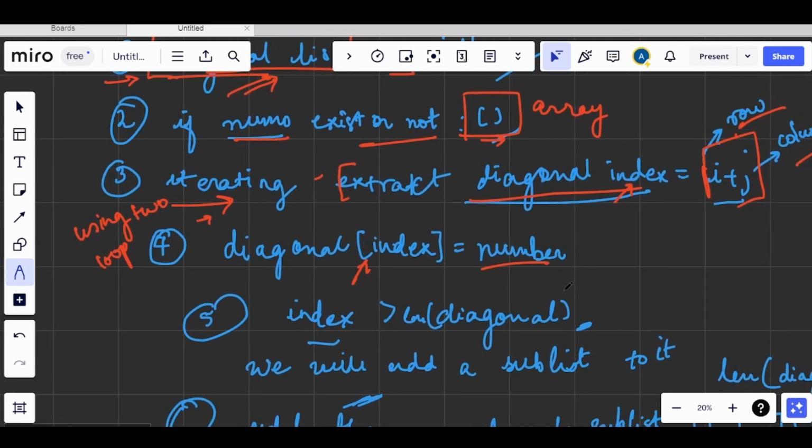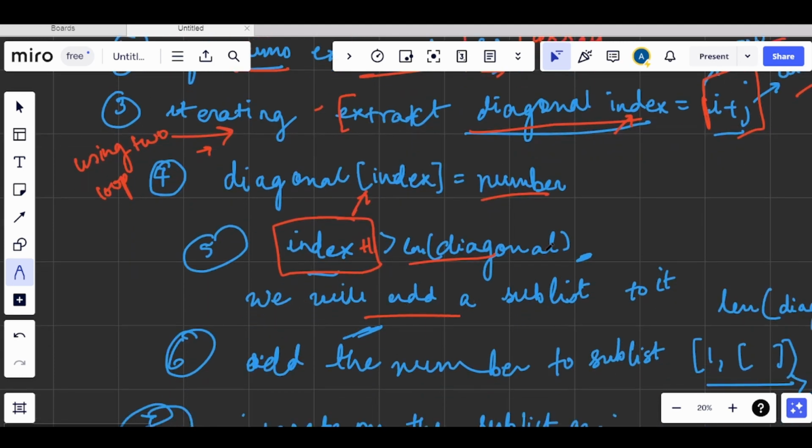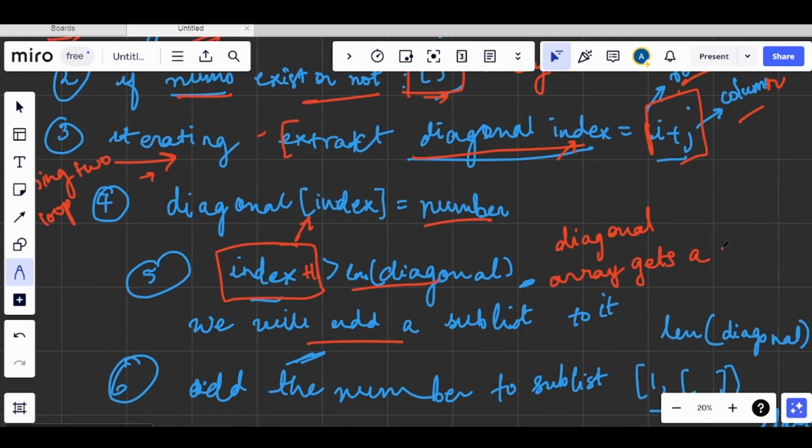Once the length of diagonal becomes less than the index plus 1, we add a new sublist to the diagonal array.